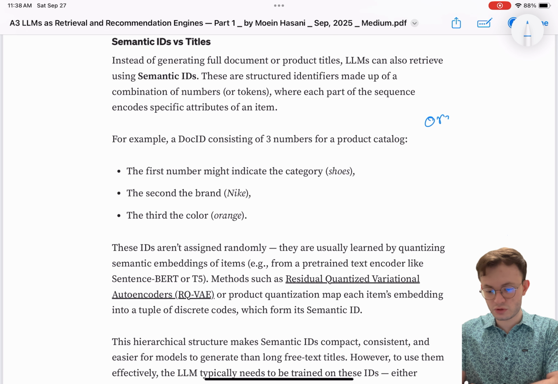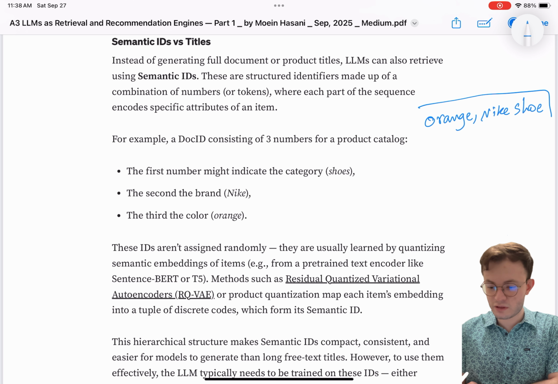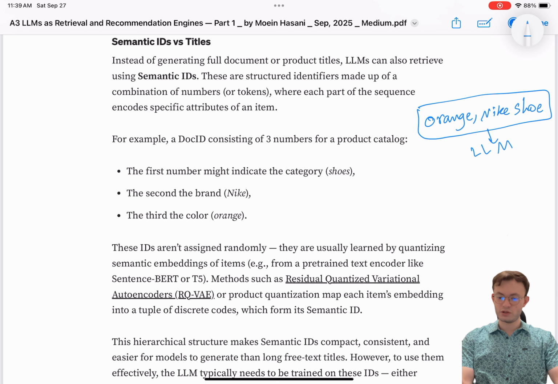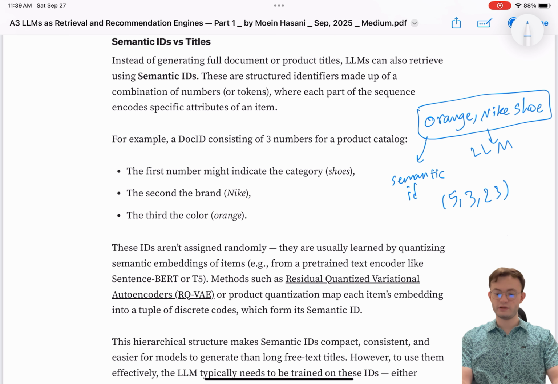Let's say an orange Nike shoe. This is the title that previously we would have given to the LLM. But when we use semantic IDs, this orange Nike shoe can be encoded to something like, let's see, 5323, for example.